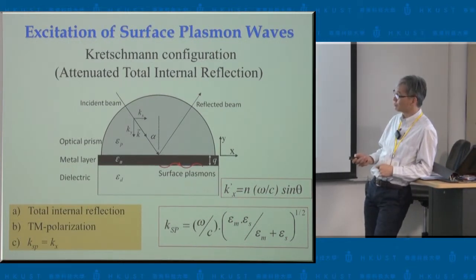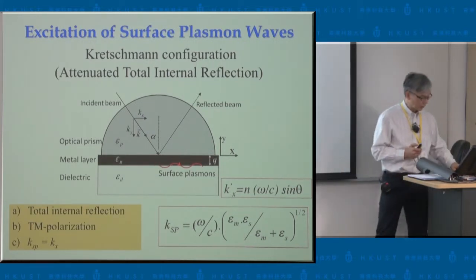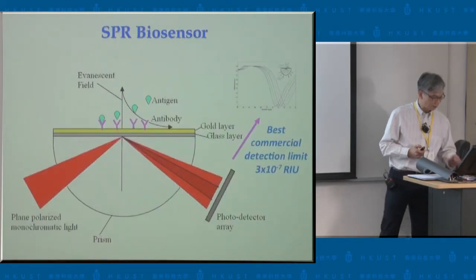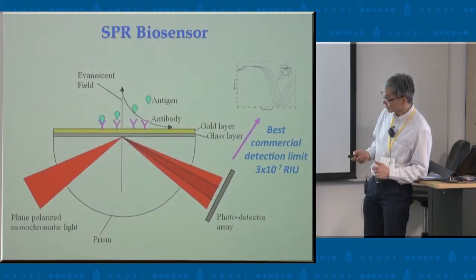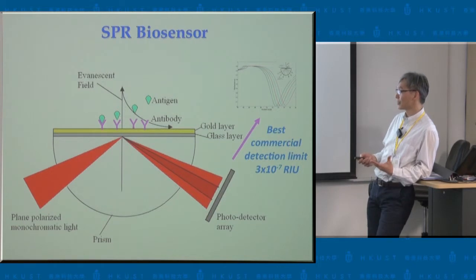In other words, it only happens under a certain set of conditions, related to the thickness of the film and the dielectric constant of the solution on the other side, i.e. where the molecules are, as well as the wavelength and the angle and so on. So these are the conditions for the matching phenomenon. So the conventional SPR sensor which you can buy is you illuminate the film with a range of angles,